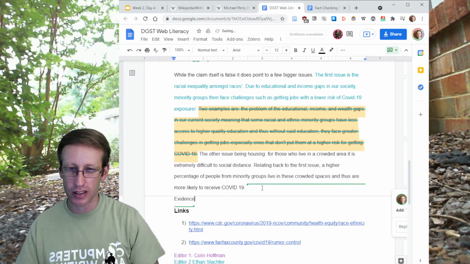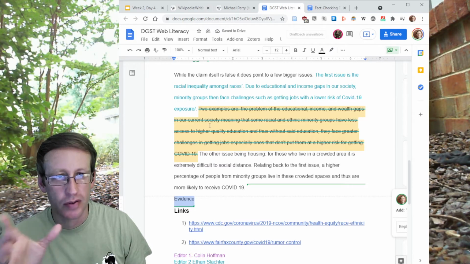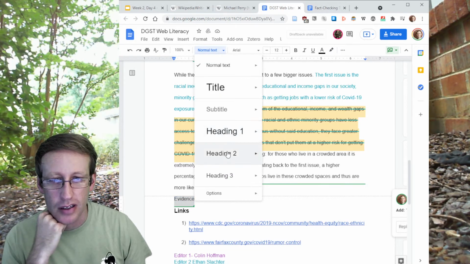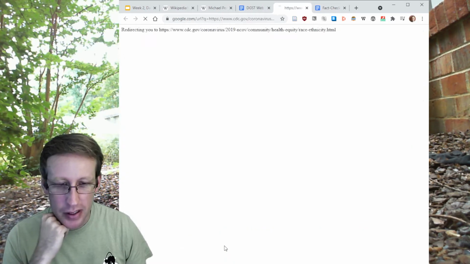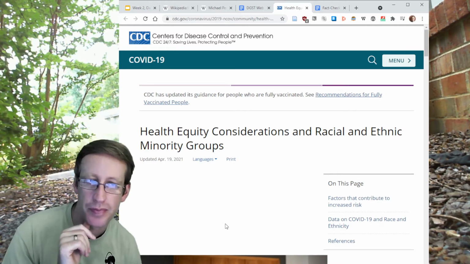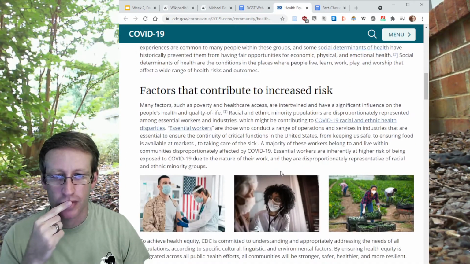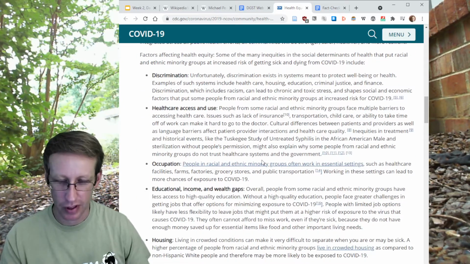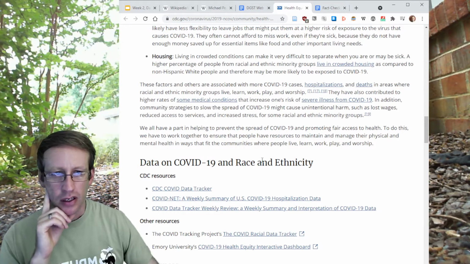So how do you actually know this? You've got links here, and you've got the CDC. I think they're pretty good, but you also want to say as much as you can how the CDC knows this, and they probably tell you at some point. So they're talking about health. This looks like a pretty generalized statement about increased risks, and that's good. Discrimination, yeah, this looks like some of the things you're talking about in the background section.